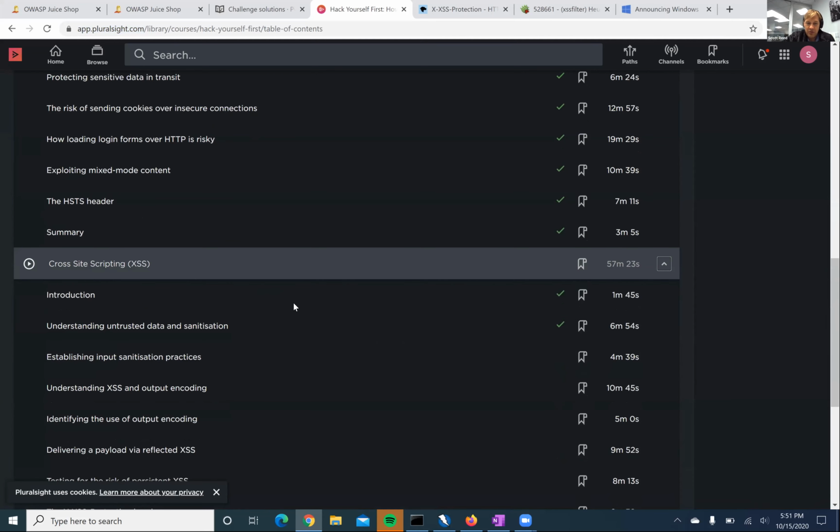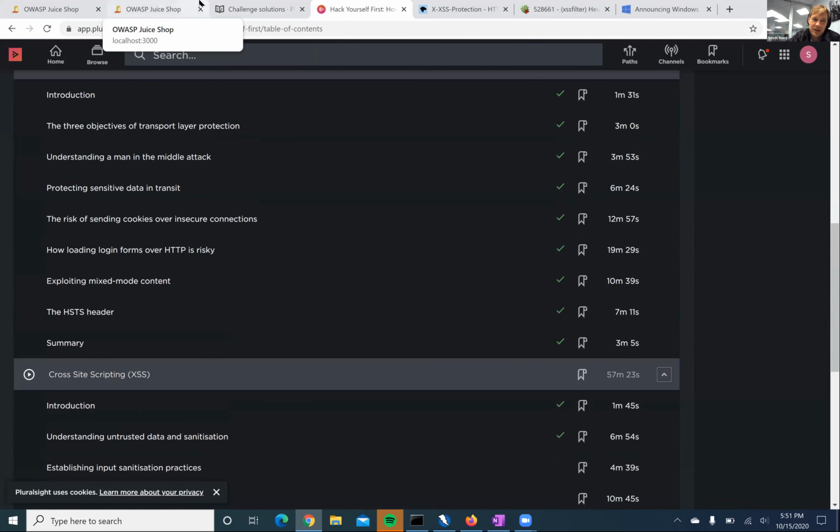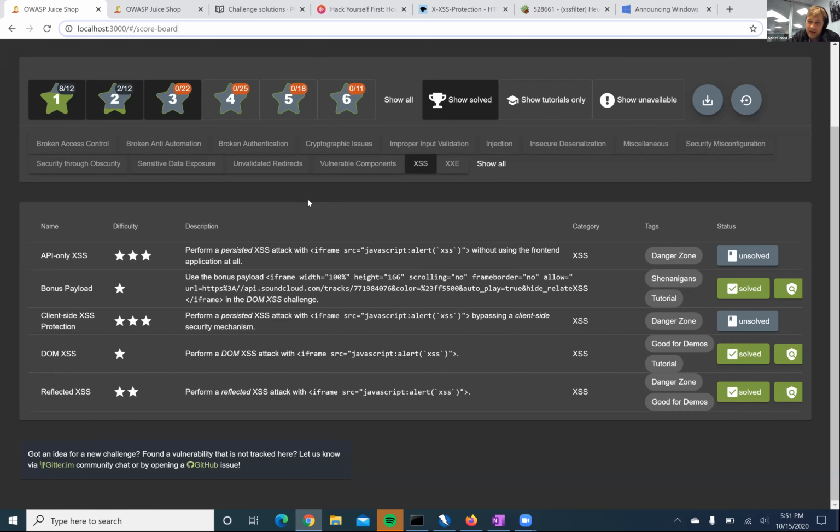And then the real fun part, I thought, started with the Juice Shop. So I've already given away the answer to the scoreboard, but hopefully that was pretty easy for everyone to guess, the scoreboard page. What I've shown here, I have selected only levels 1, 2, and 3, and I have selected only XSS, right? So that's really what we were trying to do for this module. But if I show all here,